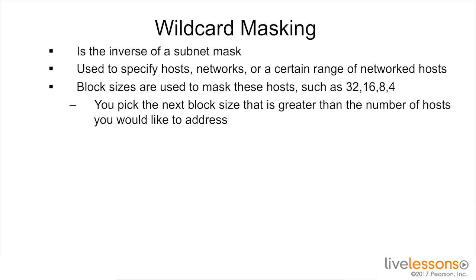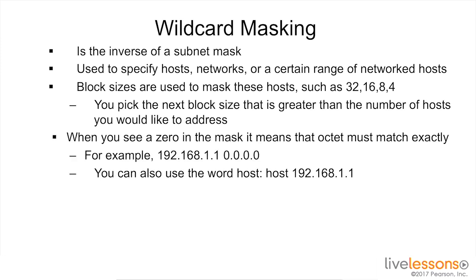When we are using a wildcard mask and you see a 0 in the mask, it means that that octet must match the address exactly. For example, if I wanted to match a host address of 192.168.1.1 exactly, I would use a wildcard mask of all zeros. You can also use the word host, as is shown in the example. Host